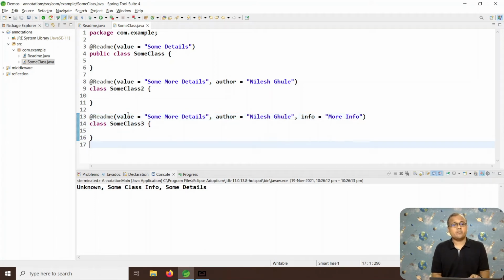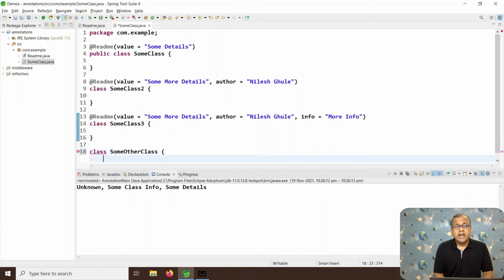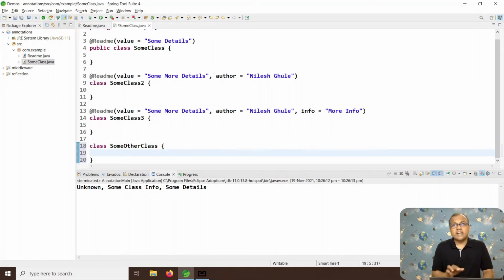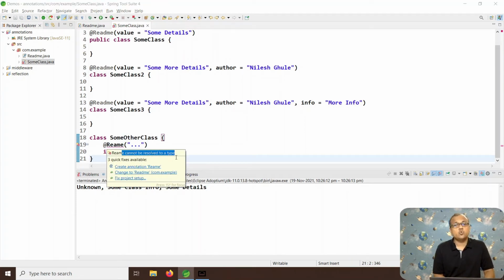You must have seen that in all these examples, I have applied the annotation only at the class level. Can I apply this to some other class at field level or method level? The answer is no. If you try to apply it at this level, you will get an error indicating that this annotation cannot be resolved to a type.